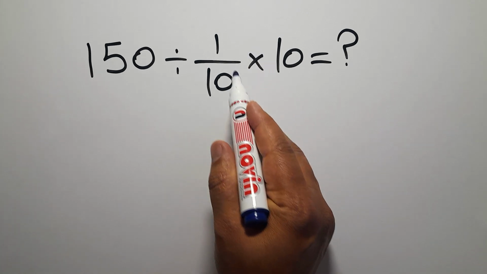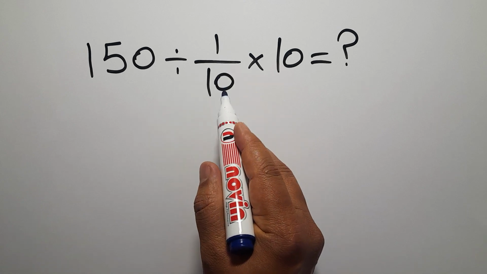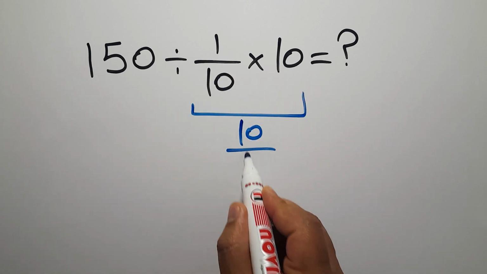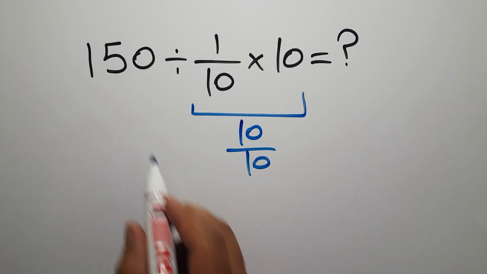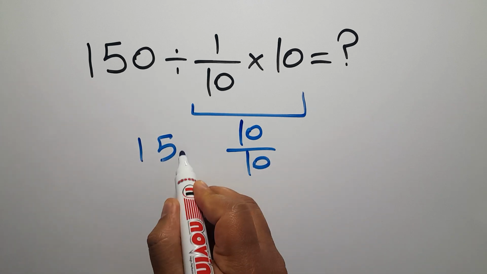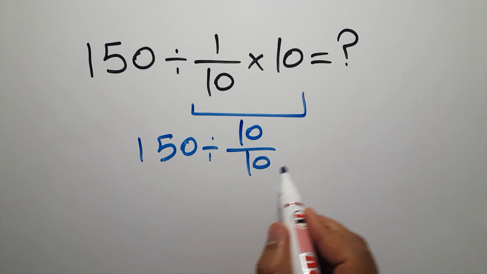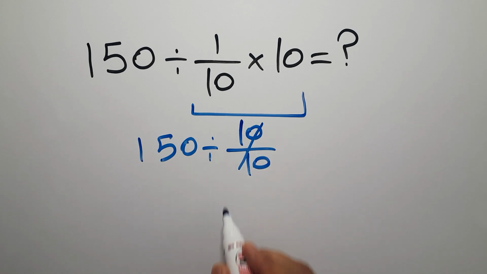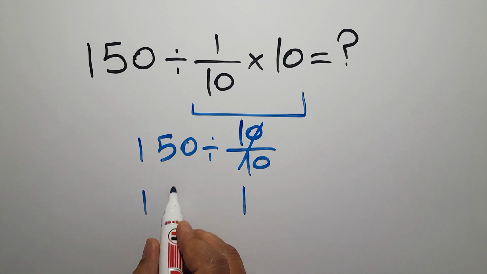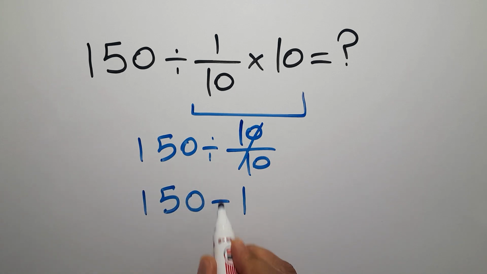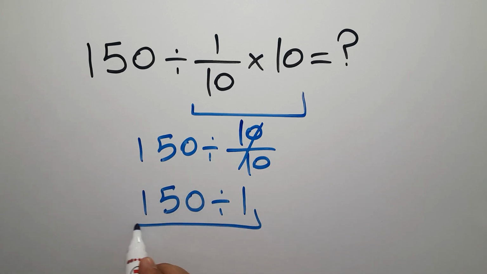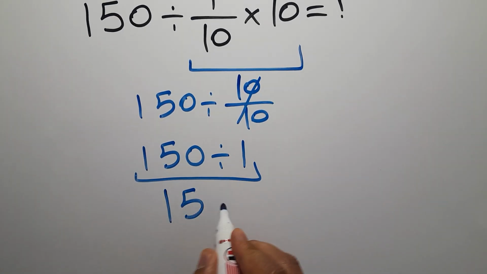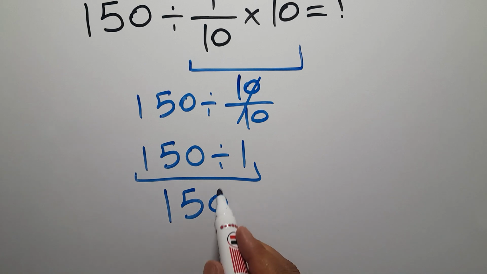First, let's do this multiplication. 1 over 10 times 10 equals 10 over 10. And 150 divided by 10 over 10. 10 over 10 gives us just 1. So 150 divided by 1, which equals just 150. But this answer is not correct,